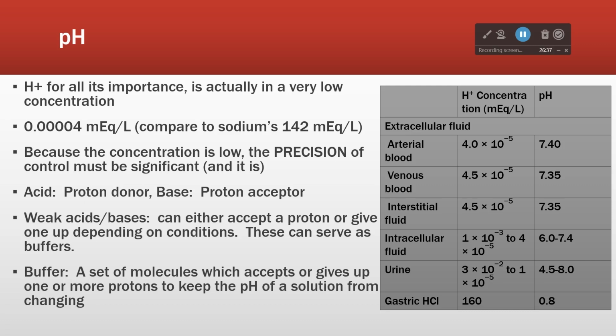Now, on the flip side of things, we can make really, really strong acid. We do so in the stomach, and you can see here the concentration of acid is even higher than that of sodium, and we have a pH of 0.8. So that is a very potent acid. That's our hydrochloric acid that we make in the stomach. We have high acidity in the stomach for a number of key reasons, but it's actually a good